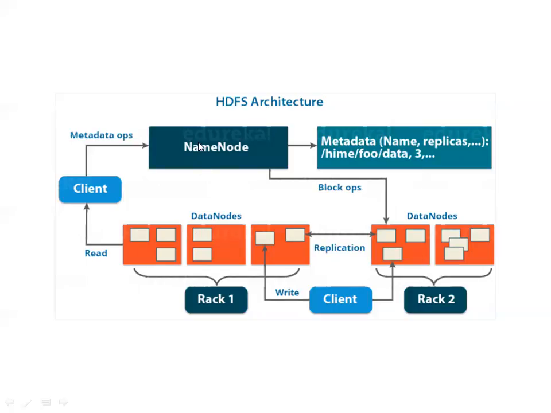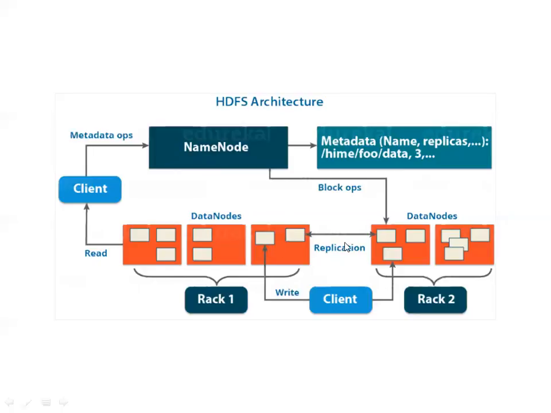This name node is a master machine where you store metadata, same like the Google File System. It stores details about your data, like your data node ID, how many replications there are, how many files you have deleted, and the file name. All the details are maintained in the name node, and the client will first interact with the name node to get the details of your data storage. The name node sends a response to the client telling where the data is stored, and the client goes to that particular server and fetches the data.